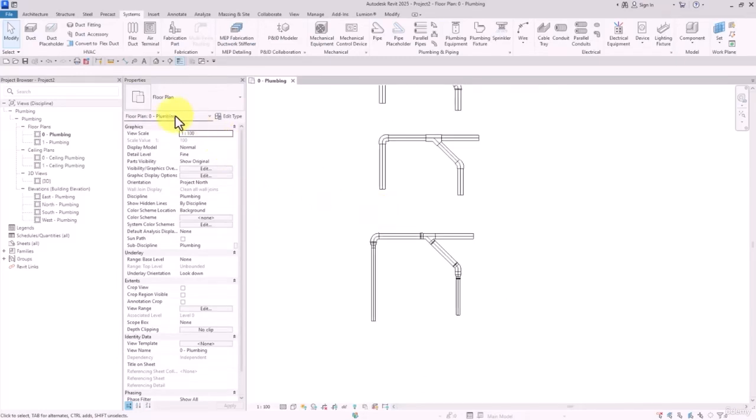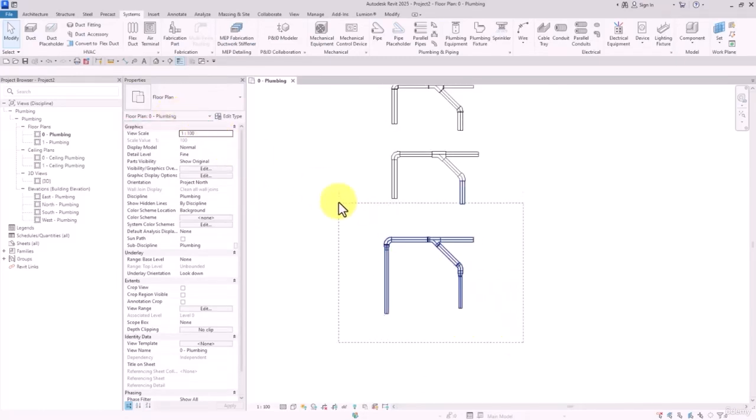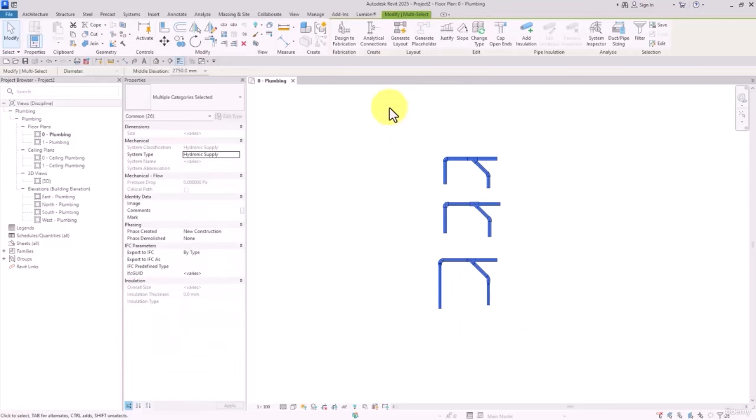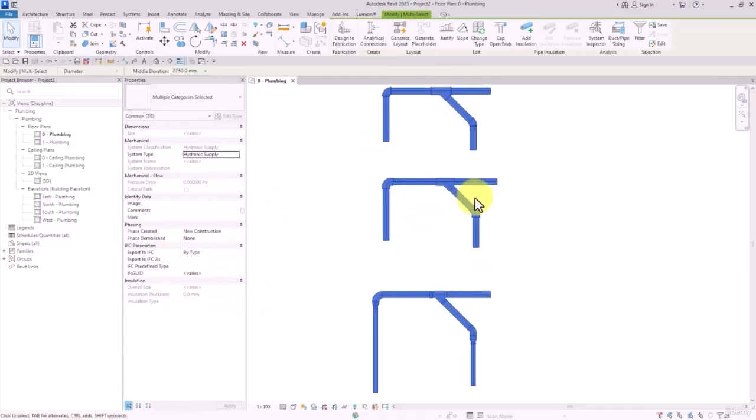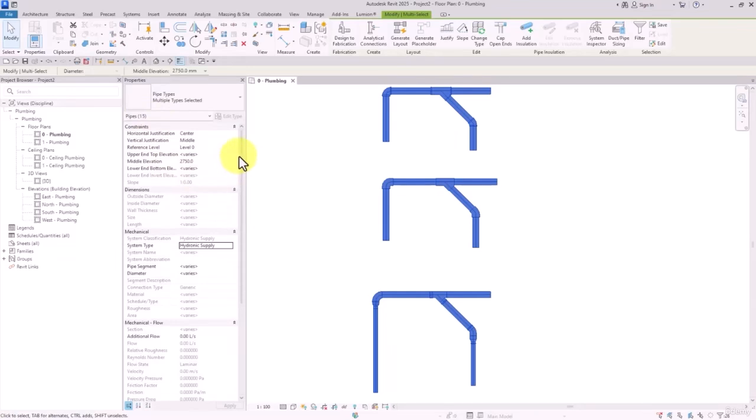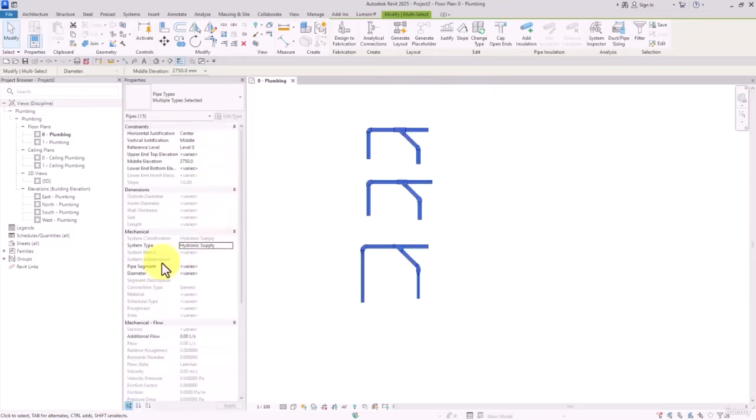All right, next segment that we have is filter. If we make our selection using a click drag, in other words, if we select multiple objects, what is going to happen is that in the instance properties window, we would only see some settings that are common between all of the selected objects. But let's say I only want to see pipe parameters. I can select pipe from this filter list. And then again, I can, for example, change the diameter,